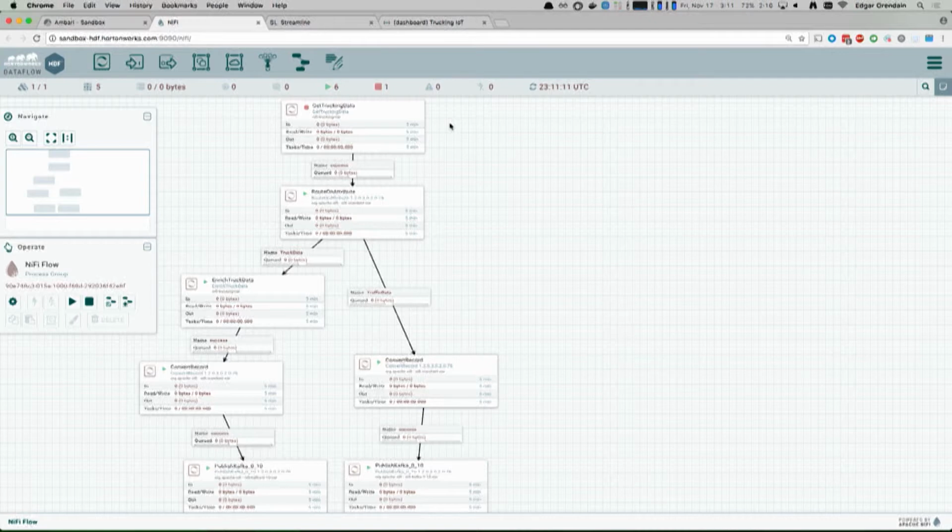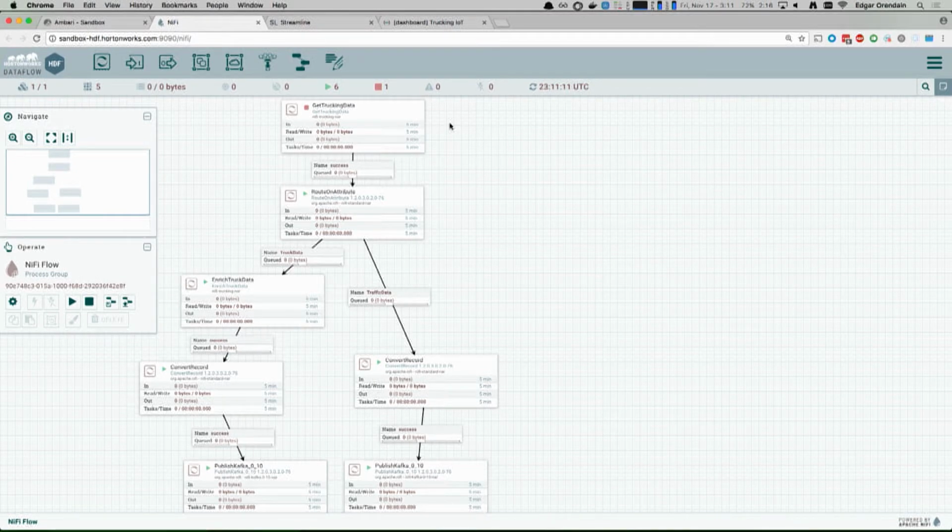NiFi is really powerful when it comes to helping define data flow. So bringing in, ingesting data from some source, moving it around, performing some logic, figuring out where it needs to go, and then dropping it into a sink. Not so much actually performing computation.